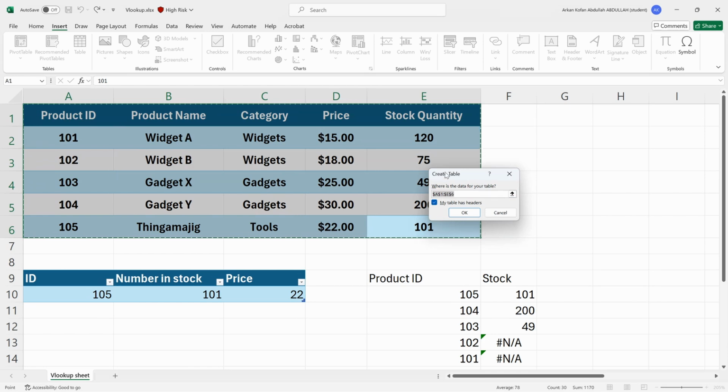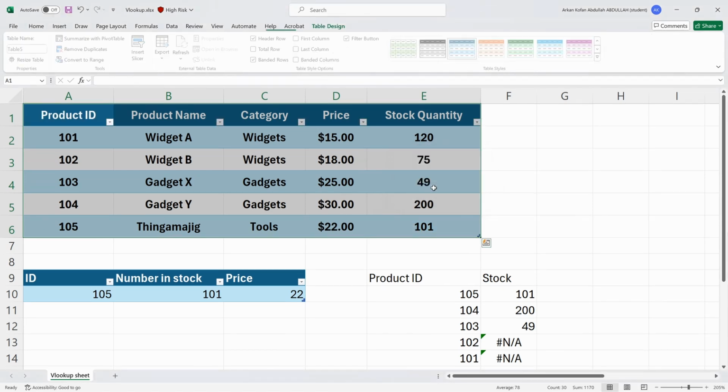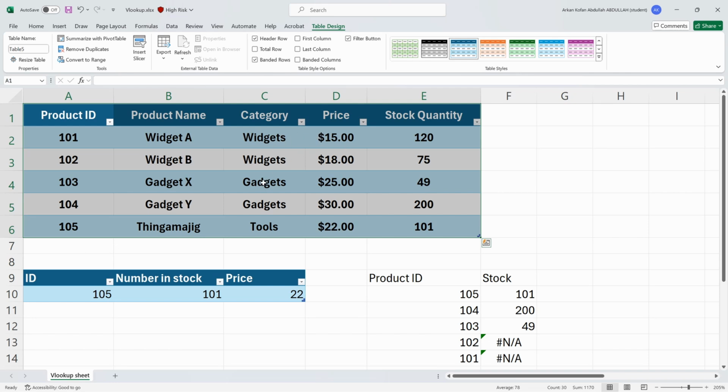And then you can turn this into a table. Now, I already have headers for my table. So I'm gonna click on this one. My table has headers. I'm gonna click OK, right? Why this is good is because now I have a table and I can name my table, okay? I can say products, for example, products inventory,